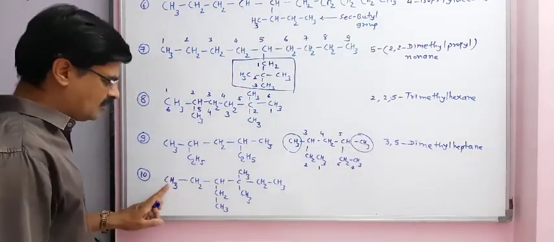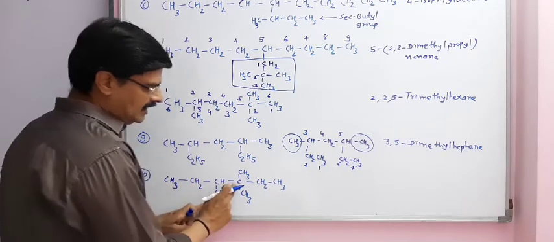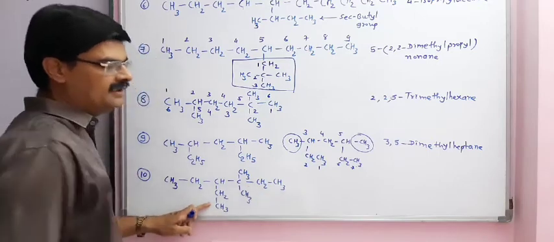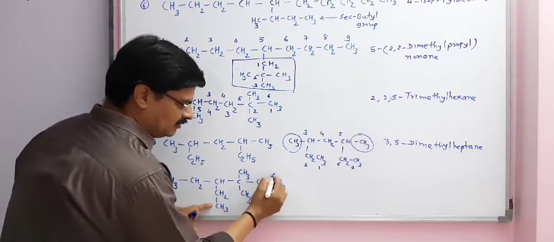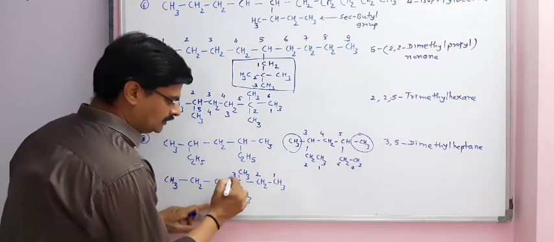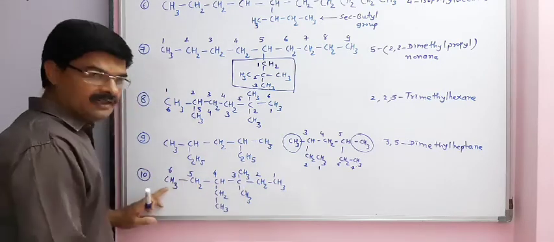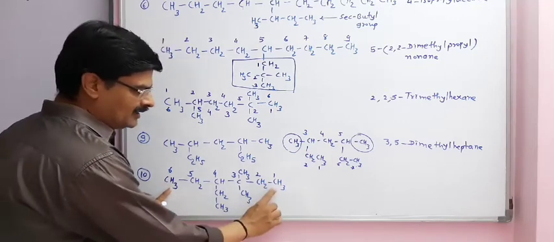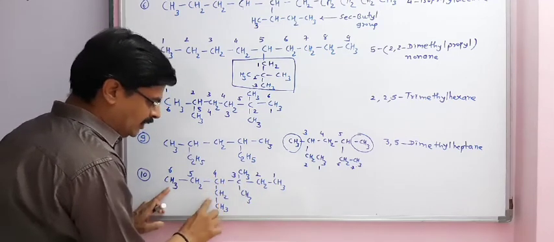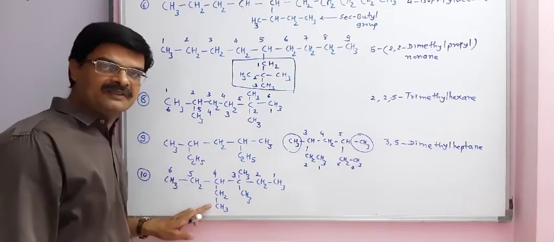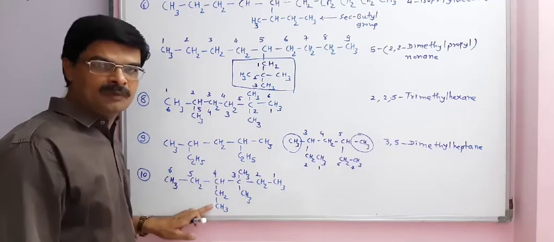Now for the next question, we have CH3, CH2, CH, CH2, CH3, again C 2 times CH3, CH2, CH3. First of all, we will decide the longest chain of carbon by writing number 1, 2, 3, 4, 5 and 6. Straight chain is also of 6 carbon. Now another possibility of chain we will try to find out. 1, 2, 3, 4, 5 and 6. It means the longest possible chain in this compound will be of 6 carbon only. So base alkane will remain of 6 carbon.